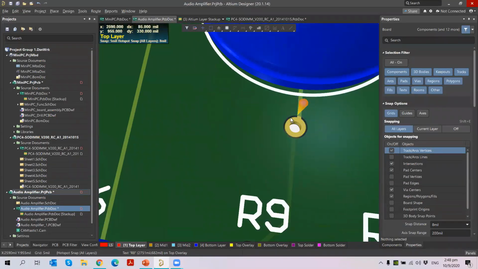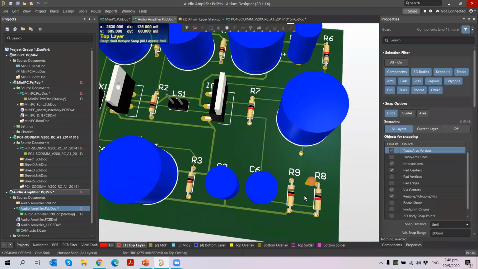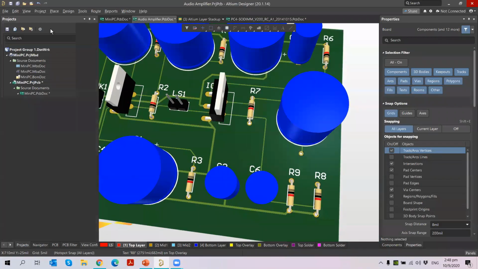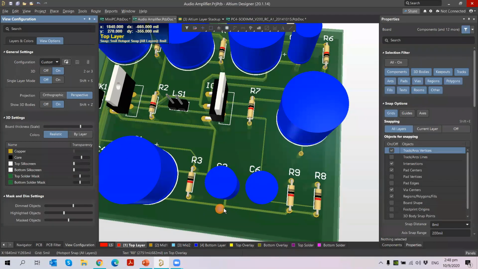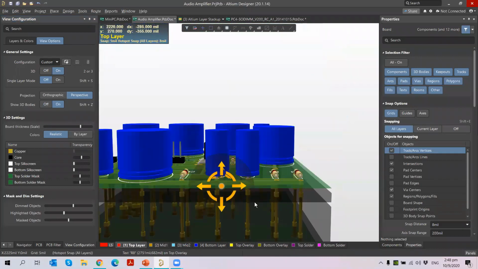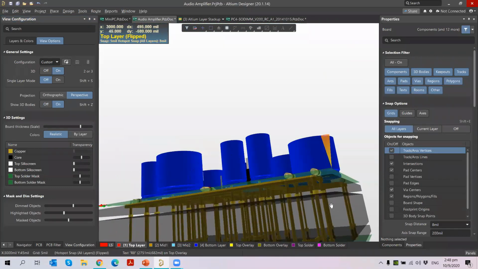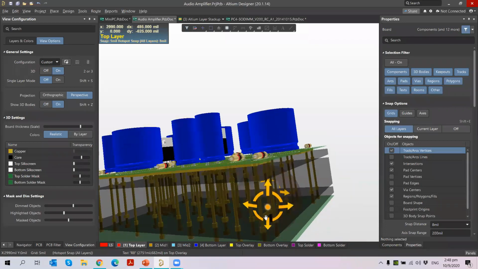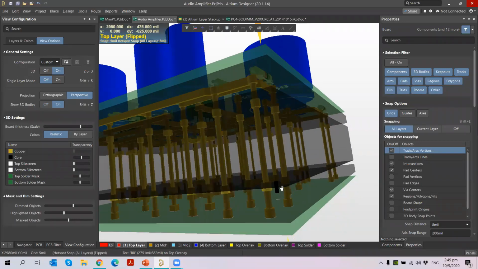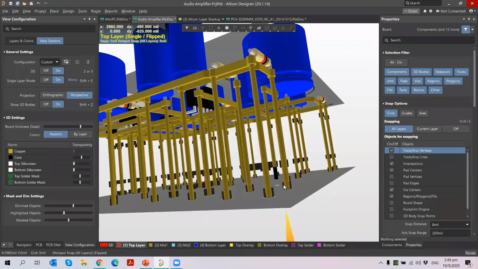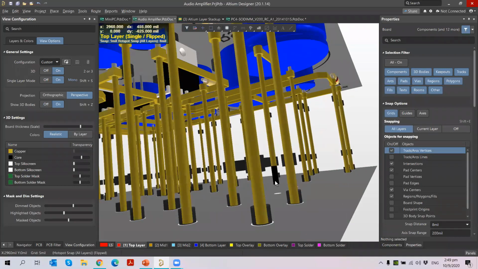This black color tells you there is a back drilling, and I can show it in the view configuration settings. Let me change here. Increase the board thickness here, and then let me show you. Yeah, you can see below, with Shift S it's more clear. You can see the back drilling here. This black color shows you the back drilling from your bottom to the mid 2 layer.